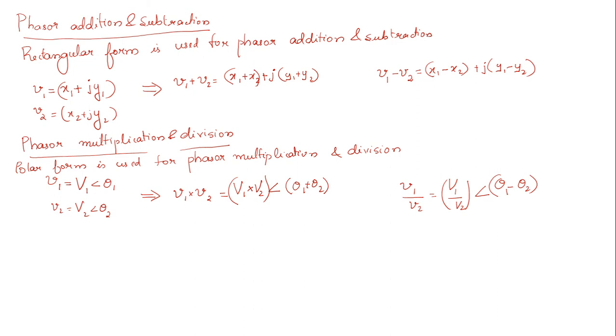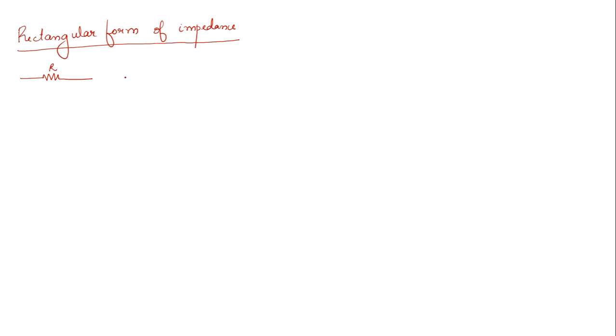And one more thing I am going to give you is the rectangular form of representation of different types of impedances. I'll show you in a very fast manner. Rectangular form of impedances. So what is impedance? The total opposition an AC circuit offers to the current is represented as impedance. If there is only a resistor, then the impedance